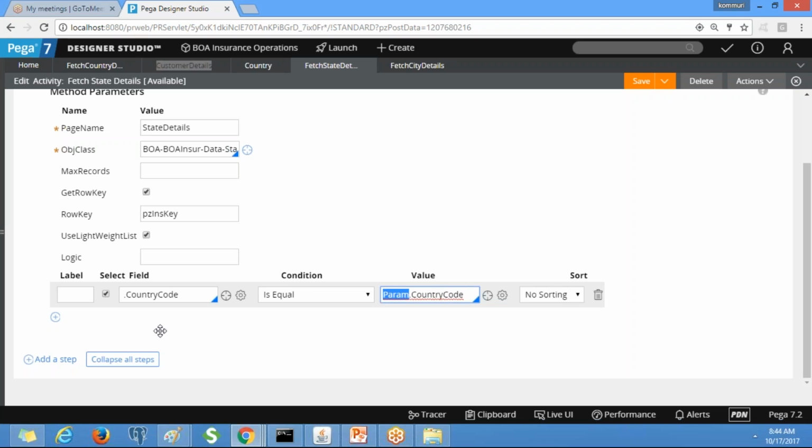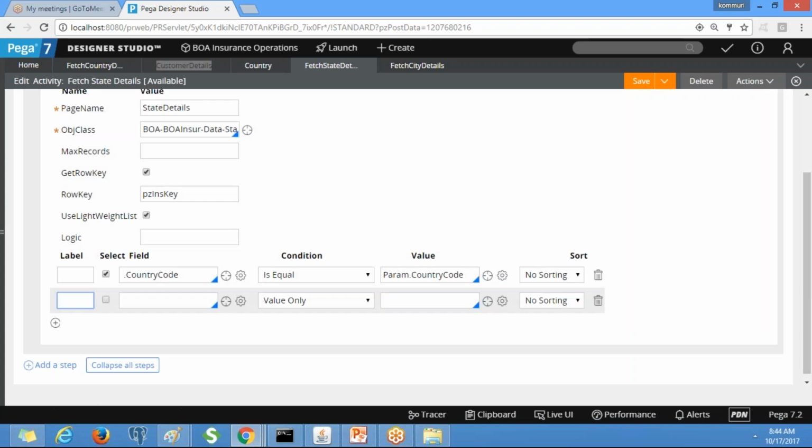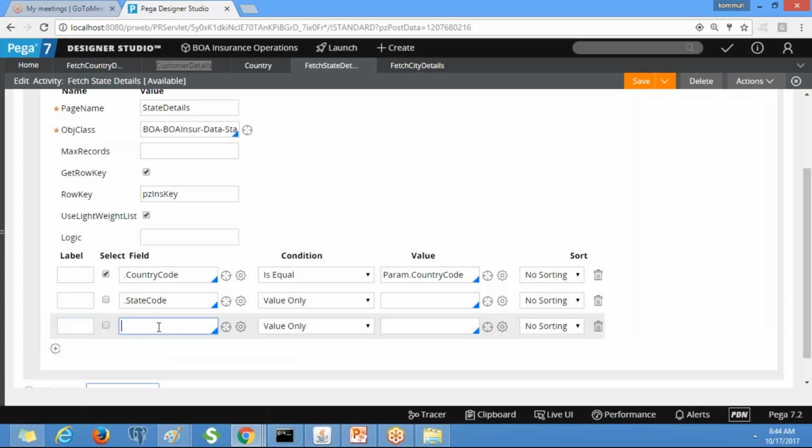Clear? And also we need to select the remaining properties. We need state code, and we need state name. For these you will have the condition value only, but for country code you need to put country code is equivalent to param dot country code.